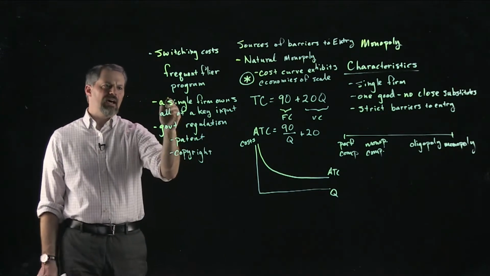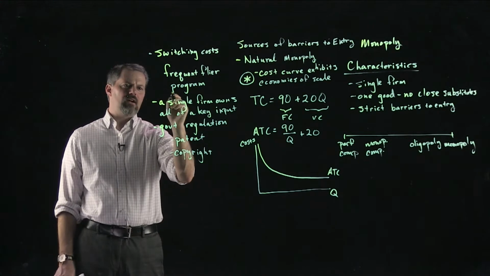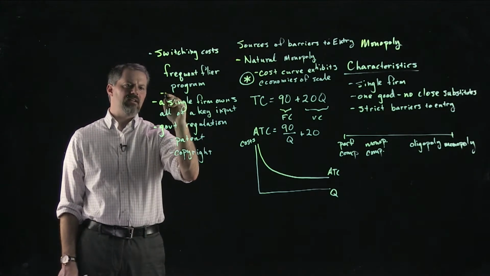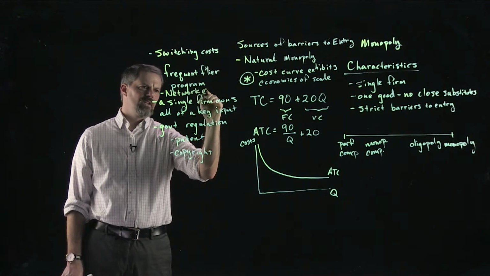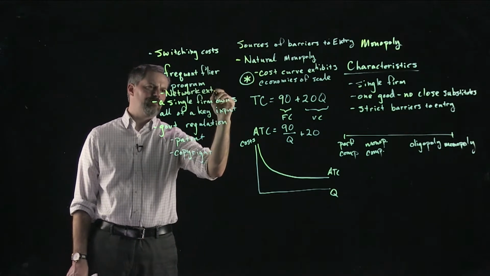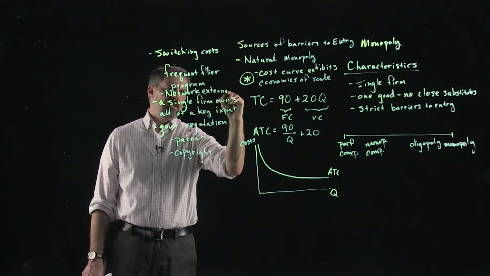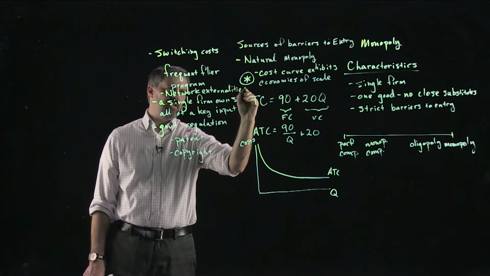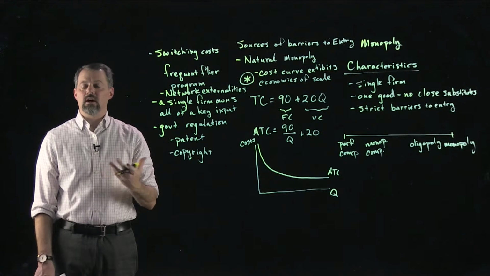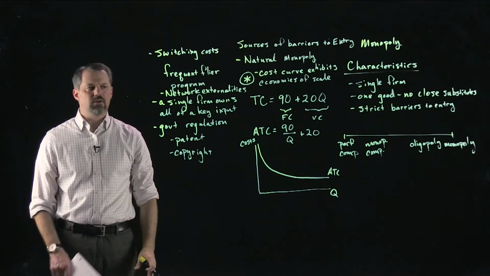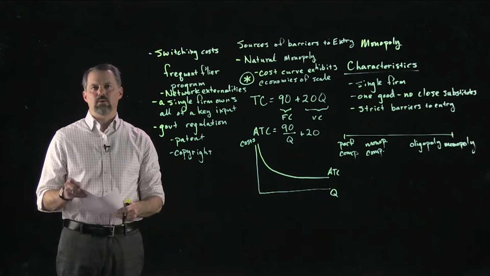Let me also add one here that normally I talk about and I forgot, and that is what we call network externalities. That can be a very effective barrier to entry. A network externality is when a firm has a network that a new firm wouldn't. Kind of a classic example would be a